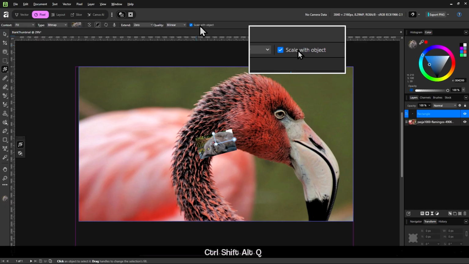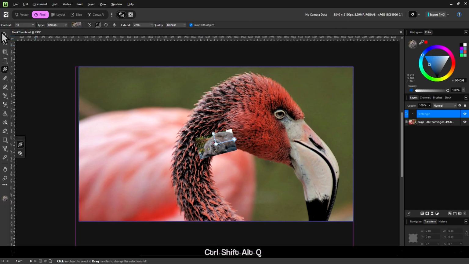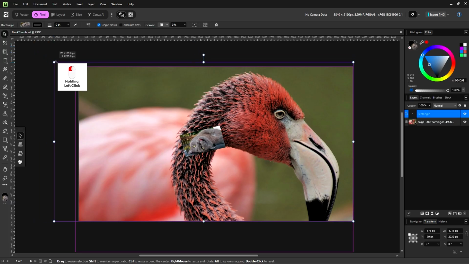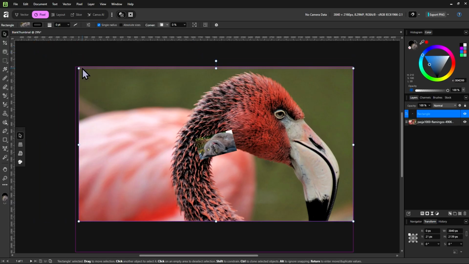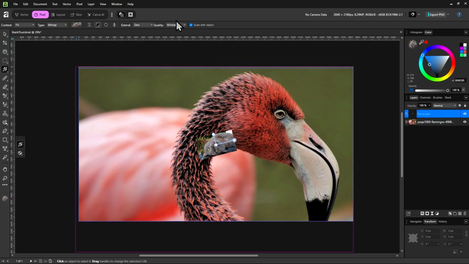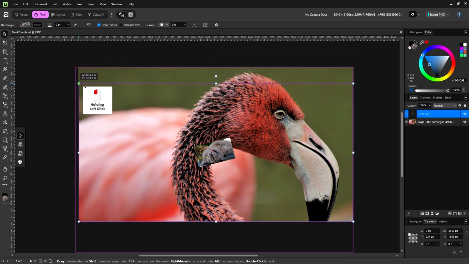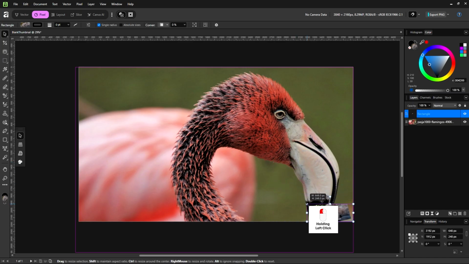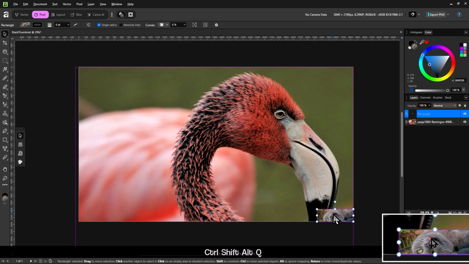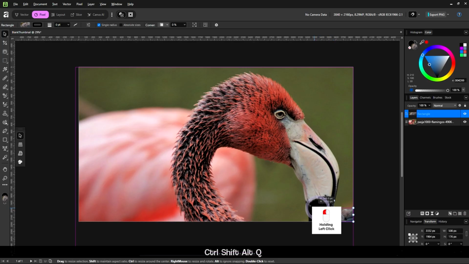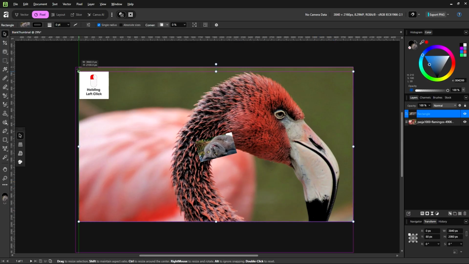And there's also scale with object that will allow you to scale the image as you scale the object as well. You turn that off, it's not going to scale up. It's just going to be the same size. Even if we make it very small here, infinitesimal, you can't even see it, it's still going to stay the same size.